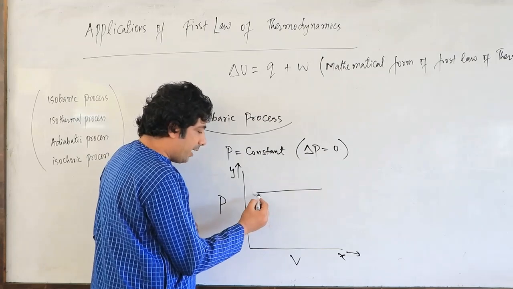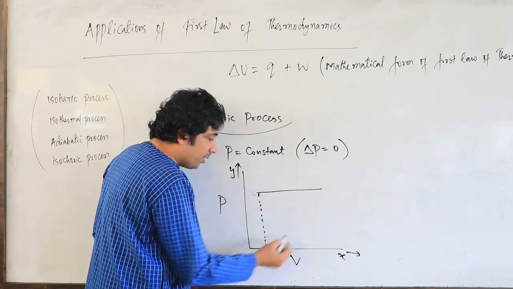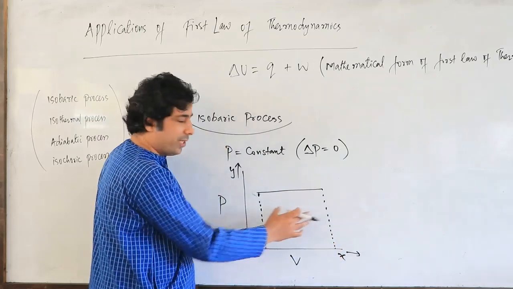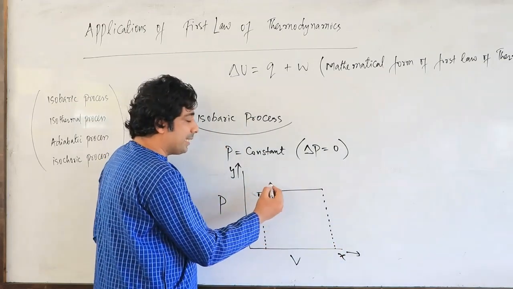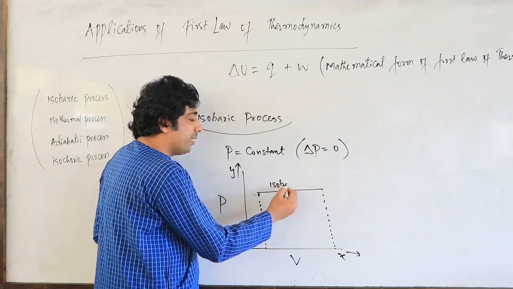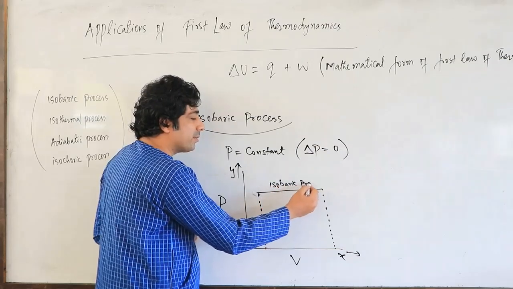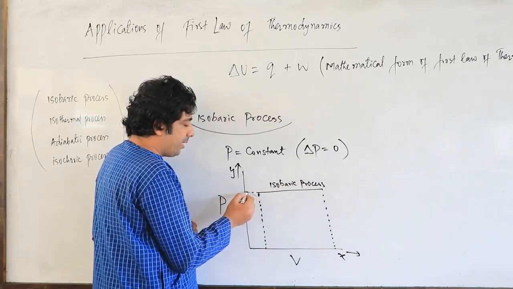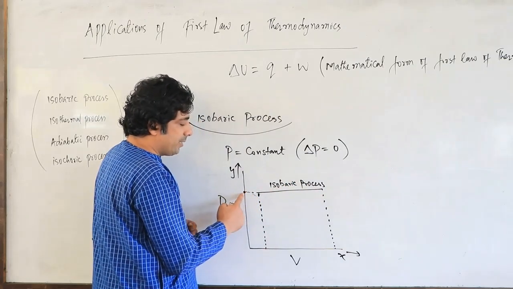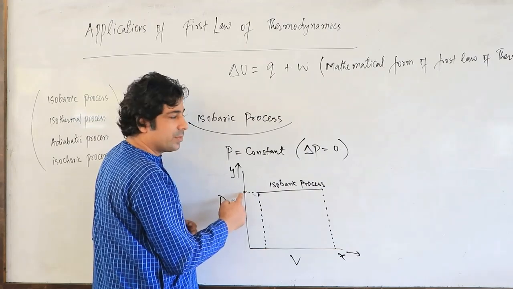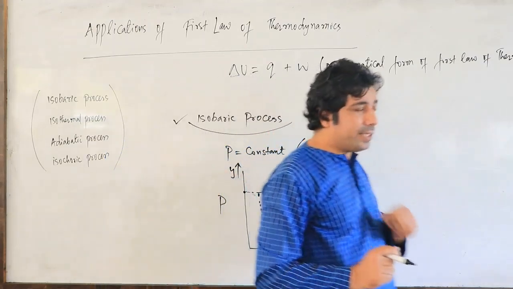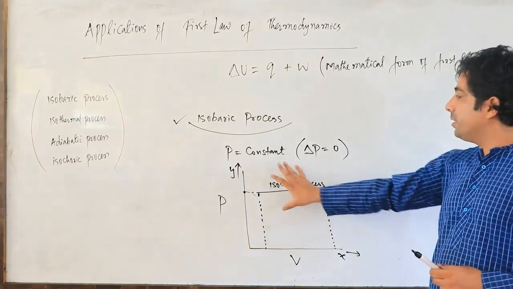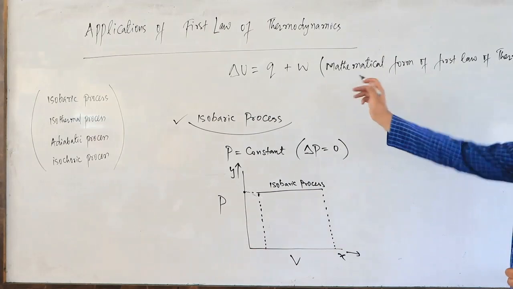But if you look at the volume, my dear friends, the volume is changing here. So volume is changing, but the pressure is constant. So this line will represent actually isobaric process. Because along this line, the pressure will be constant. So this is the constant pressure right out here at this point. So my dear friends, if I apply the first law of thermodynamics and understand this process, have a look here.